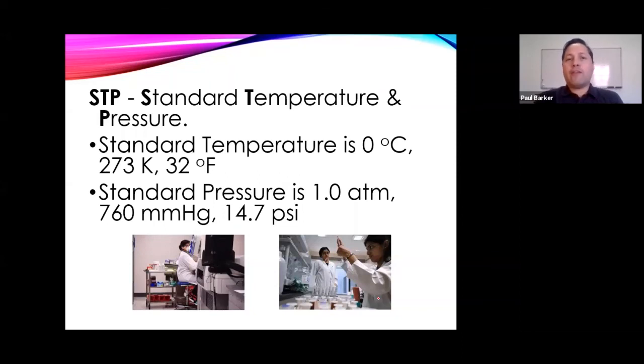Now, why is it important to have a standard value for temperature and pressure? Well, the volume of a gas may vary depending on the temperature or pressure of a lab. For example, a lab in Denver could give you a different result as a lab in India if they have a different temperature and a different pressure. Even if they do all the steps the same, they're going to give you different results for a gas that is collected. So ideally, when scientists release their results, they do a little bit of adjustments for the pressure of the room and the temperature of the room. So that way, it makes it easier for scientists to compare the results from anywhere around the world without worrying about the temperature or pressure of the particular lab where the